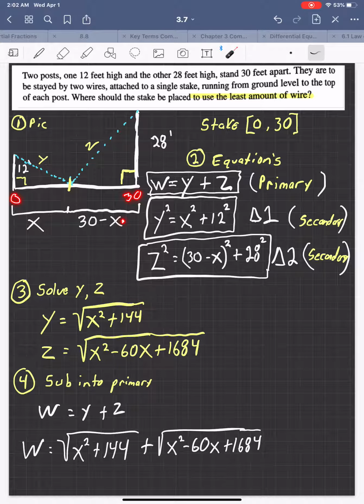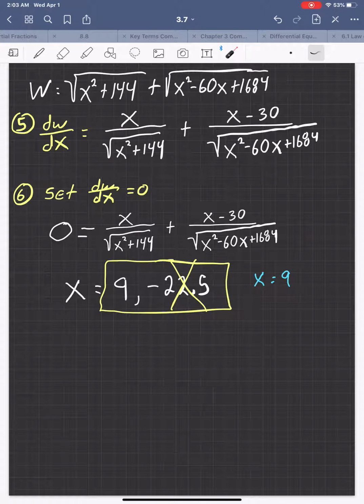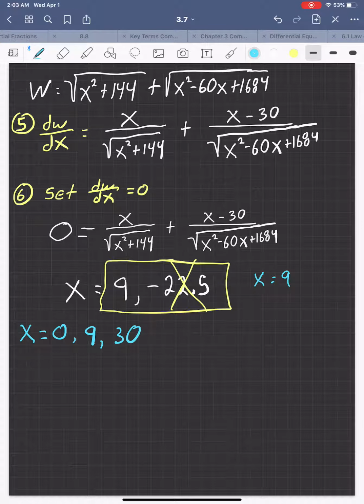So maybe I could save the most wire if I actually put the stake all the way over here, starting at 0. Or maybe I should place the stake at 30, and that would save the most amount of wire. Otherwise, it's going to be 9. So how do we find out which of those options it is? Well, we're going to take x equals 0, 9, and 30, and we're going to figure out which one of those produce the minimum